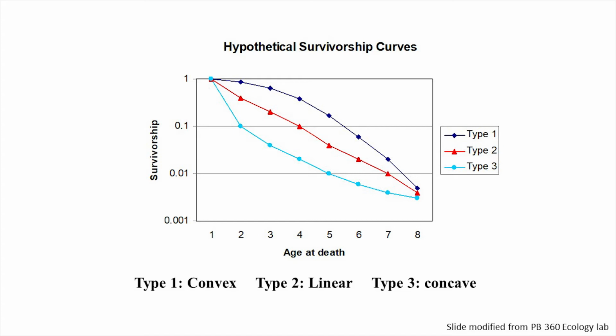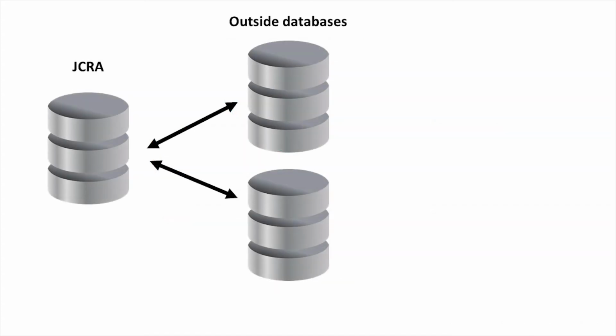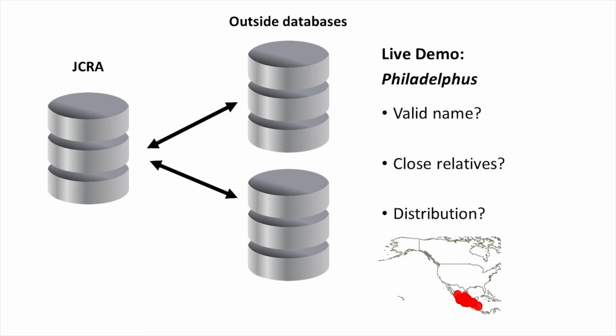So other than that, let me move on and show you some less ecology-specific things and more just informative things to look at if you want to understand more about the plants you study or that you're working with. So I'm going to use other outside databases, hook them up again to our database system here, and try to understand some basic questions, such as, for this example that I'm showing you now, is the current name of a given Philadelphus species accurate? How can we easily click that just to test that?